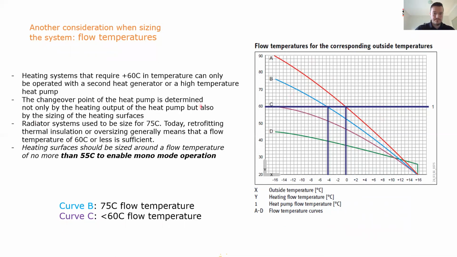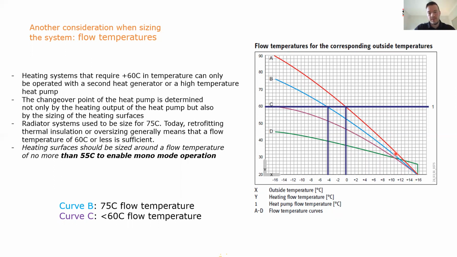If you look at this line here, that represents the 60-degree output that most of our heat pumps can deliver, you'll understand. And again, we're in Europe right now, so the temperatures are a little different, but it still applies because the building standards in Australia are, comparatively speaking, not as good. So just imagine the scale to be maybe -5 at the coldest, but the principle stands. You'll see that a 60-degree flow temperature can now deliver all the way down to whatever the coldest point in Australia would be. Whereas if we have a radiator system that's designed for the blue curve, 75 degrees,